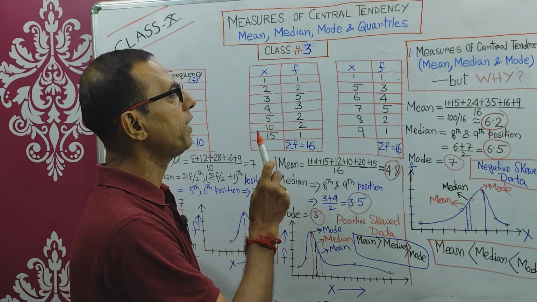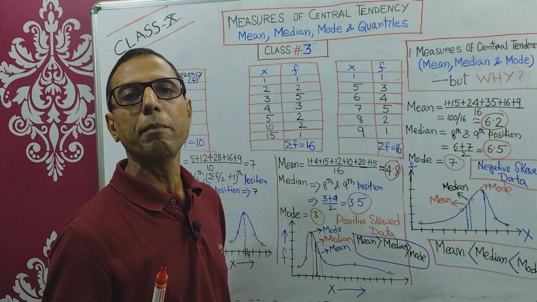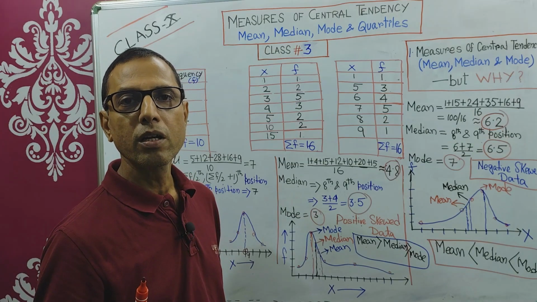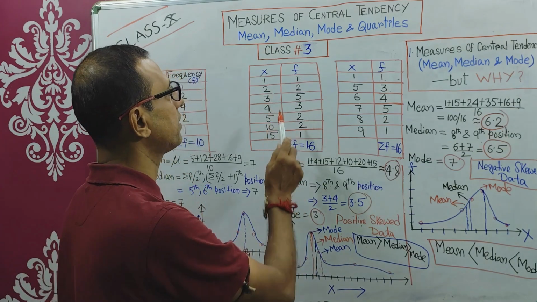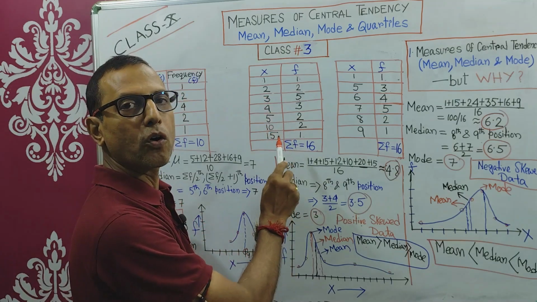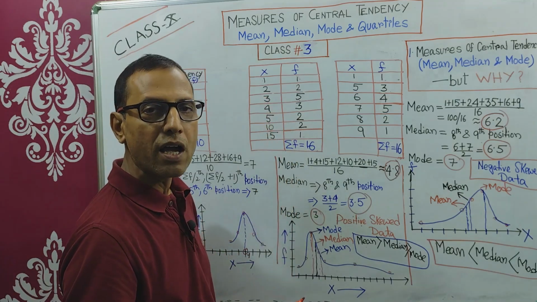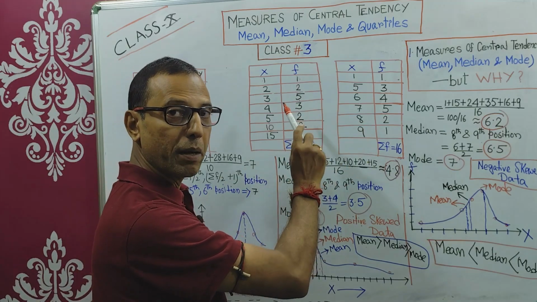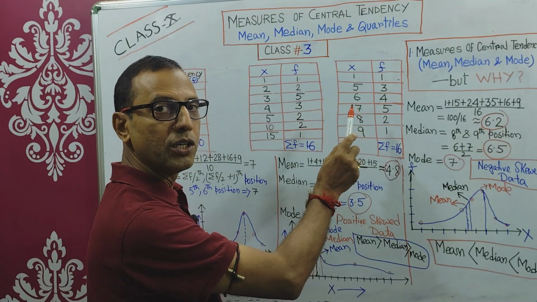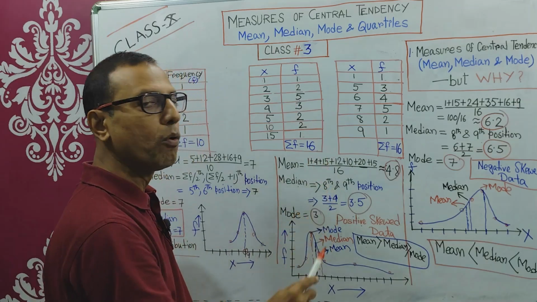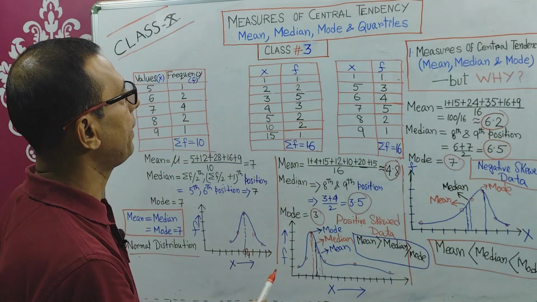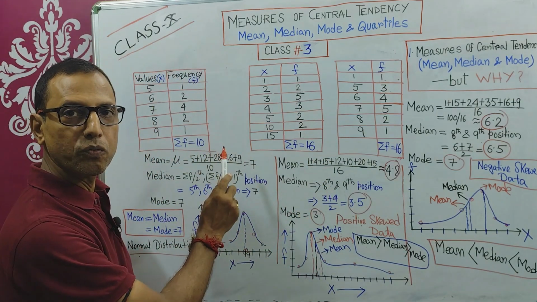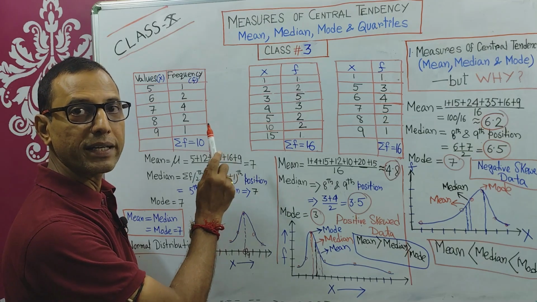So both for mean and median, it is applicable for numerical values. Mean and median both are applicable for numerical data, but for mode it is applicable both for numerical and categorical